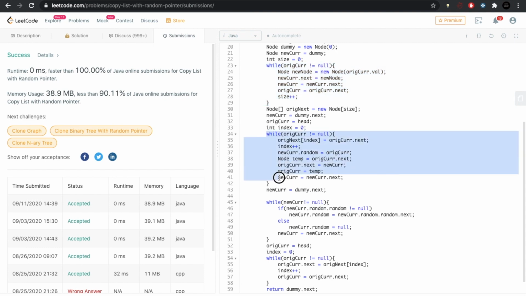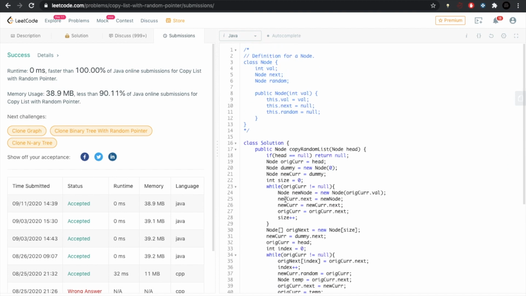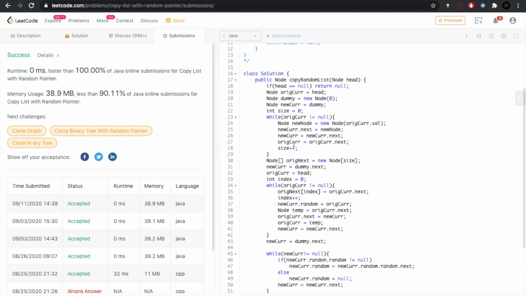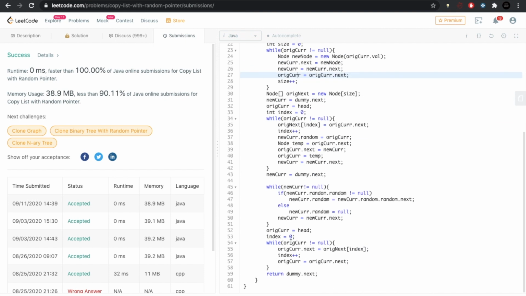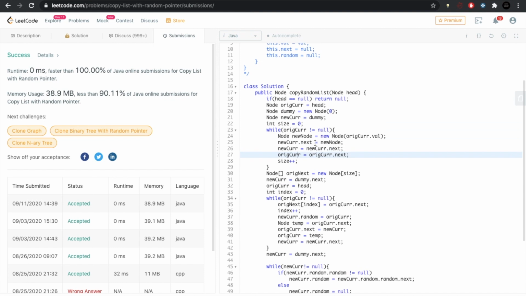So this is also like we are traversing the original list here. Here we are traversing the new list. Here we are again traversing the original list. So it is going to be like 4 of n, and 4 is a constant, so we can drop 4 here. So big O of n will be the time complexity.